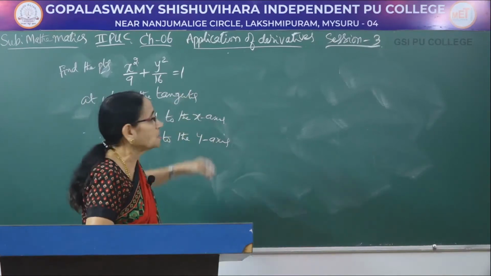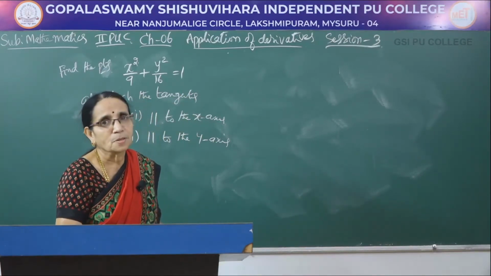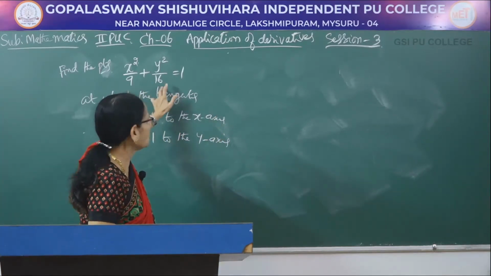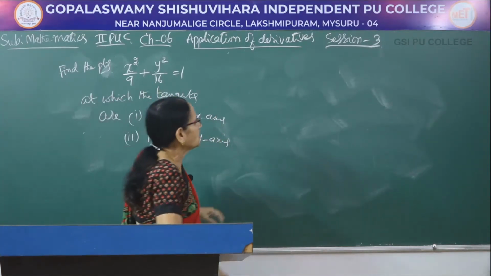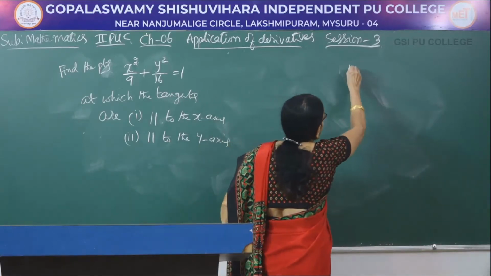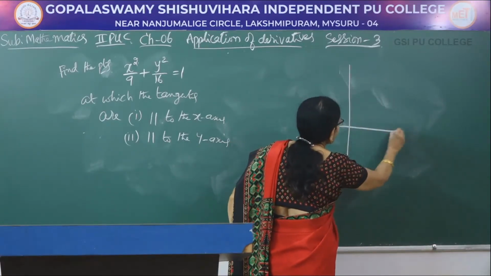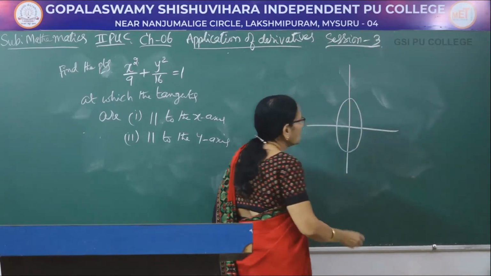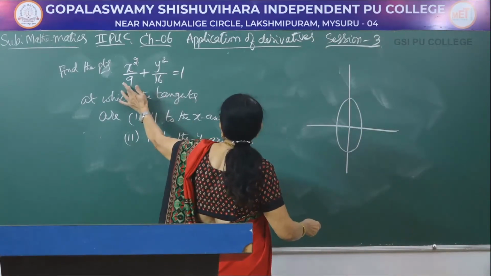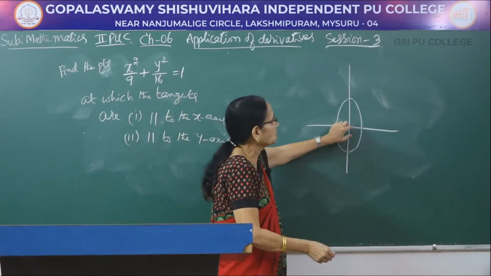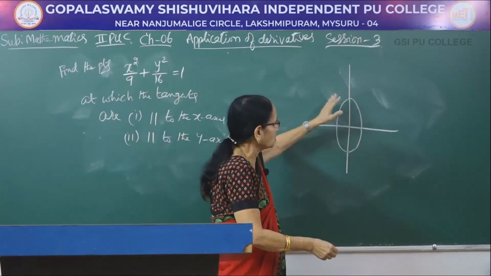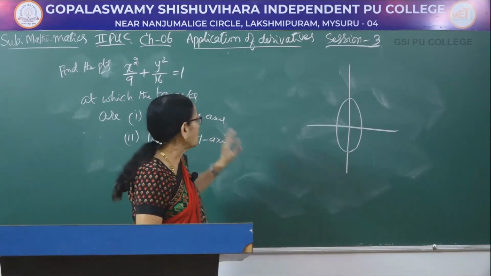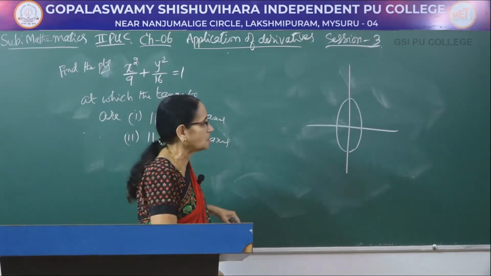And you are familiar with this one, it is an ellipse. It is the equation of an ellipse, but look here, this number is smaller than this number. So it would be like this. When you draw the graph of this one, the graph is not necessary, just to show you, it would be like this. Here 3 square, so 3 is less than 4. So this would be smaller, this would be greater. So it is vertical, I can say. Otherwise usually we write it as horizontal when A is more than B.